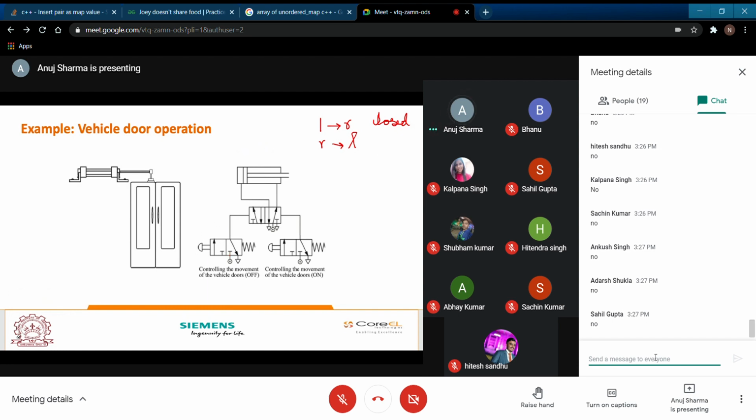You just reply on the WhatsApp chat box. I will look at what time you have replied and will mark accordingly. So for this particular case, right to left, it will be open. How it is working, what will be the solution, I leave it to you.